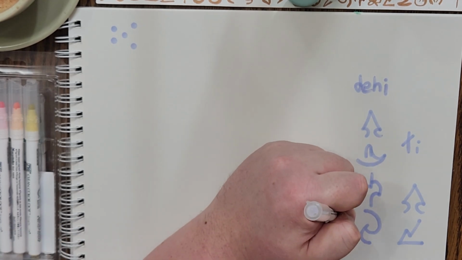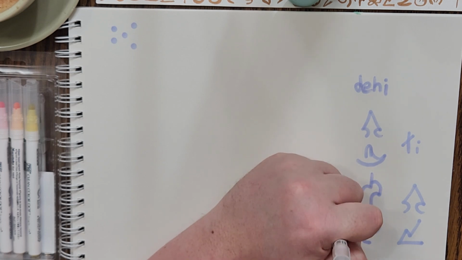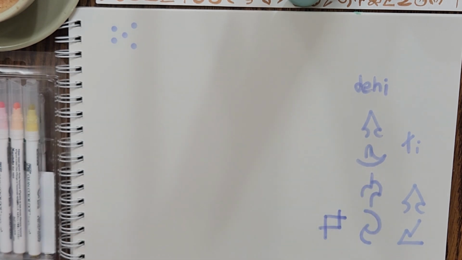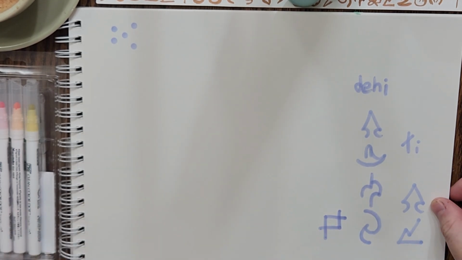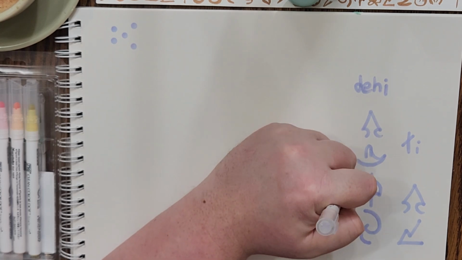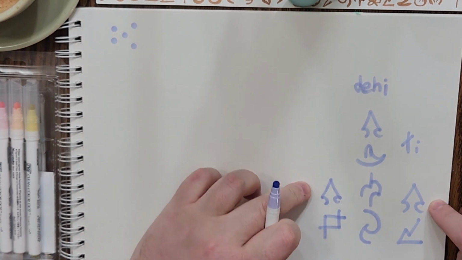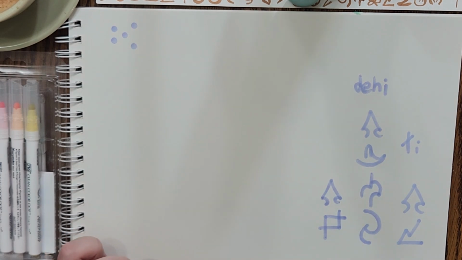Now the first one is that real simple, real basic G sound, which is the letter gu. That helix looking shape. And then the letter E again, which is a very common vowel in Dena'ina. That's why this shape will show up everywhere when writing Dena'ina words. And then for that breathy sound,